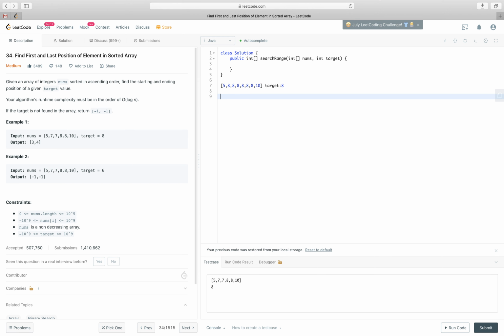So I like to use the while loop, with left plus 1 smaller than right. At the end, after the while loop, I need to check left and then right. This is the way I like to go, but it really doesn't matter. It depends on you guys, right? So it's int mid equal left